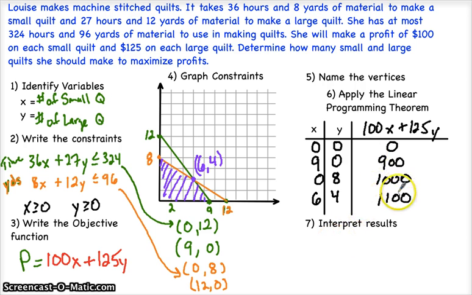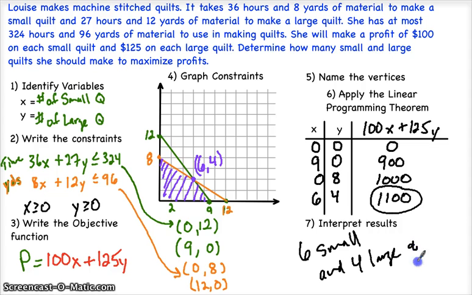Last thing to do though is interpret our results. Notice that our maximum comes out from that 1100. So determine how many small and large quilts. Well, we should make 6 small and 4 large quilts. And that will make us the most money to make